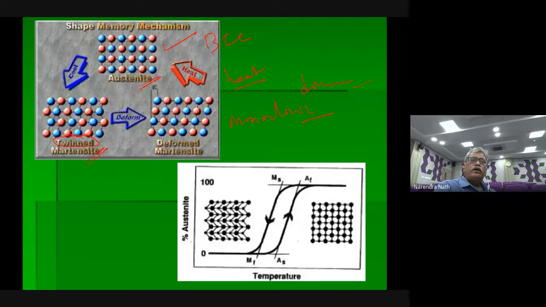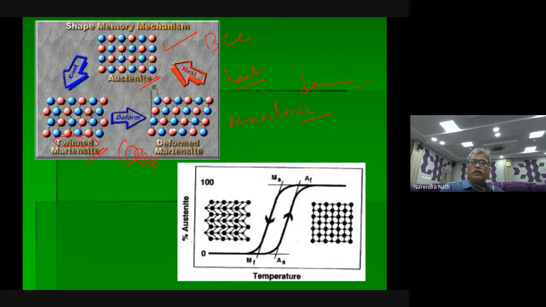So you are cooling it. Via the twinning mechanism, it will deform. It comes to deformed martensite, that's monoclinic. Then once the thing is over, it is back to austenite. This is what two-way is. Suppose in your human body, it's only one way. It won't go back. Whereas in industrial applications, it is going back. So now if I want to go back, I have to heat it. When I heat it, it will take the path and become austenite, again BCC. And this cycle keeps on going. So this is what people are doing.